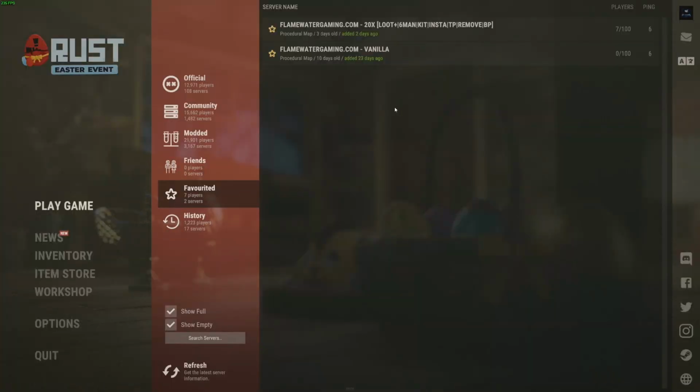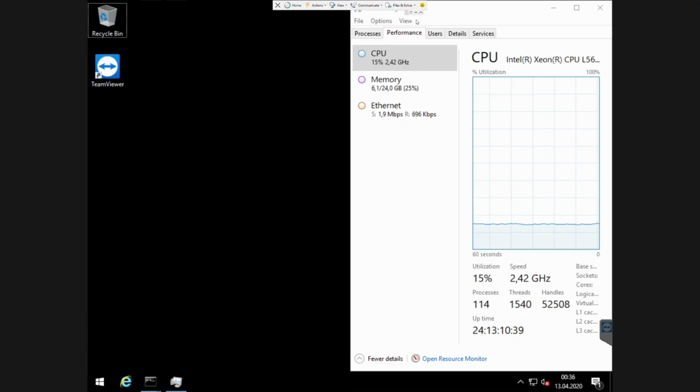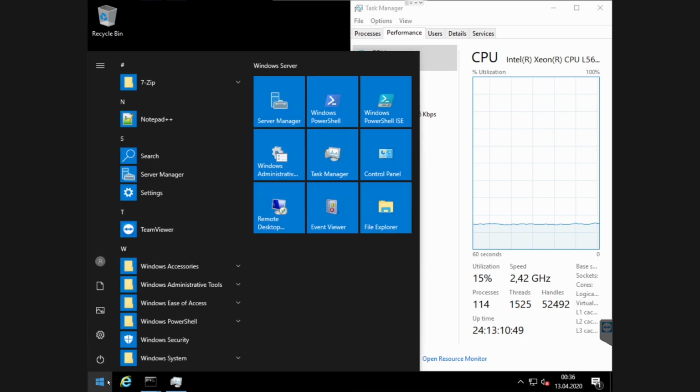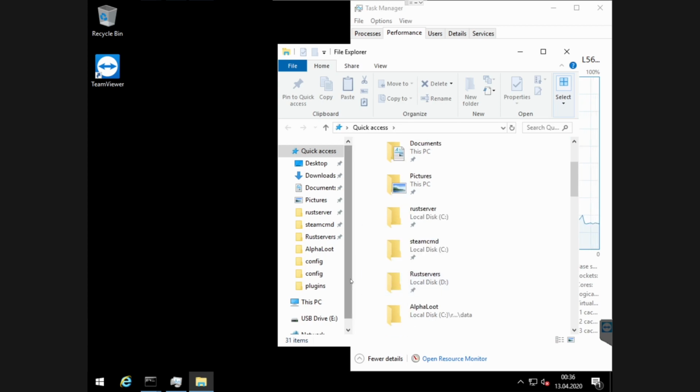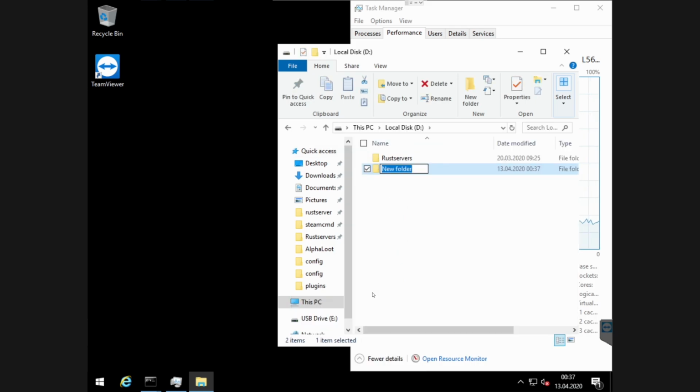So, you always wanted a server. You've always wondered why I haven't already made a video showcasing how to actually make a server, but instead I've made tutorials on servers or for servers. I have absolutely no clue why I haven't done it. Let's just make a new folder and call it